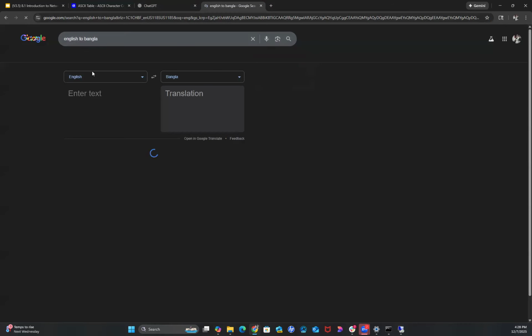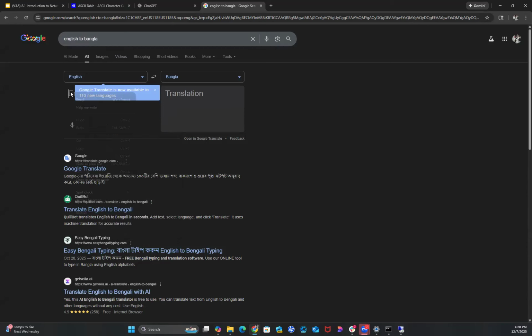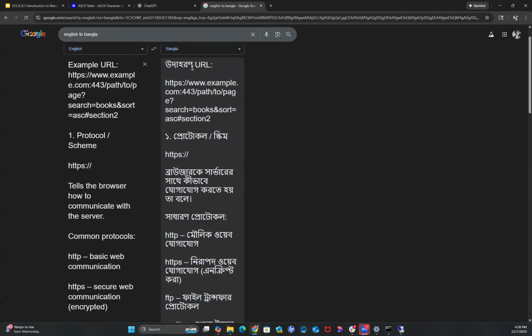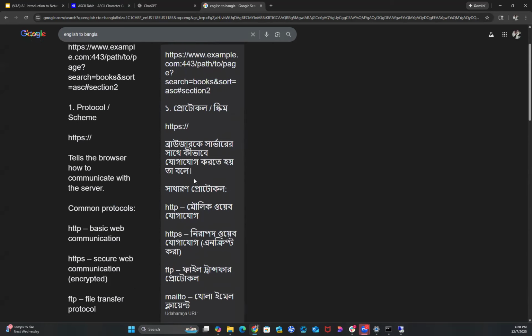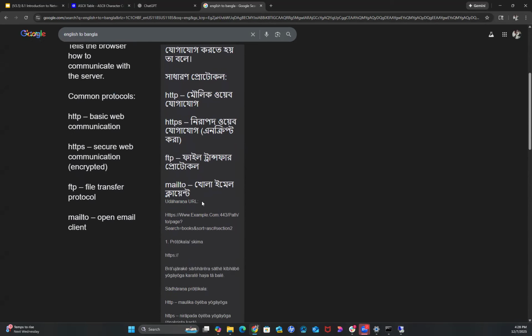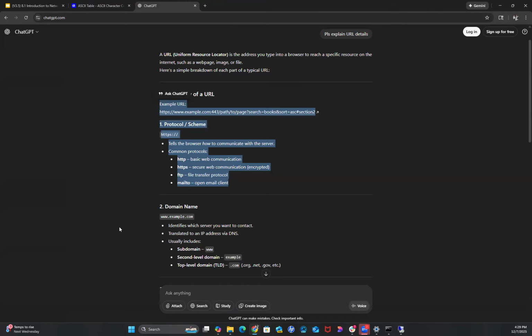ইংলিশ টু বাংলা। এখানে নিয়ে এসে আপনি পেস্ট করবেন। Habib bhai, don't get offended, man. Come on. চ্যাট জিপিটিতে পেস্ট দিলে বাংলা করে দিবে। এখানে পেস্ট করবেন: ইউআরএল প্রোটোকল স্কিম ব্রাউজারকে সার্ভারের সাথে কীভাবে যোগাযোগ করতে হয় তা বলে, সাধারণ প্রোটোকল, মৌলিক ওয়েব যোগাযোগ। এগুলো পড়বেন। এগুলো হাসির কথা না, এটাই বাস্তব। এখানে হাসির কিছু নেই, দিস ইজ বিগ ইম্পর্টেন্ট।